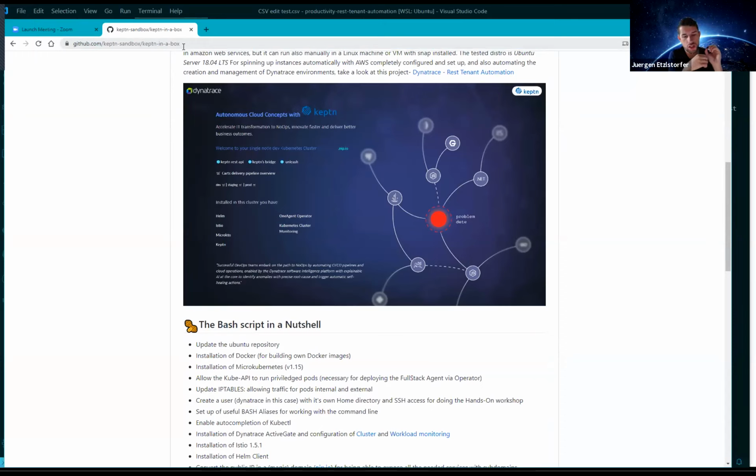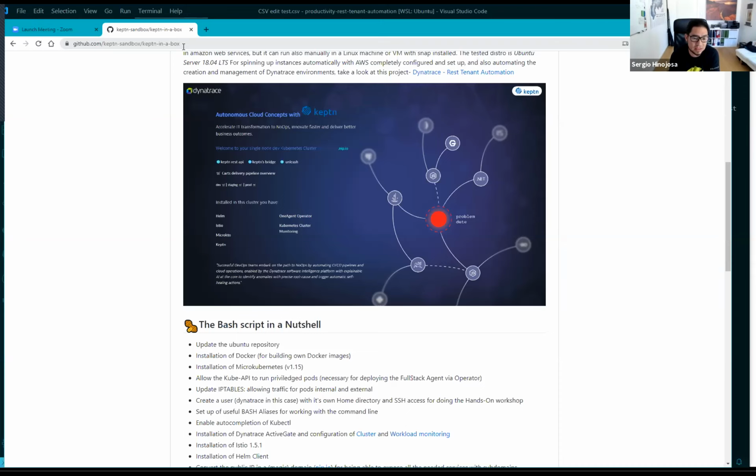One question, because it just came to my mind. Is there any significant difference between MicroK8s and Minikube? There are different options out there, and you decided to go with MicroK8s. Is there any background behind it? For me, MicroK8s is very, very lightweight, right? I have not played a lot with Minikube. There was a problem with Minikube having the full stack agent, some binary problem a long time ago. I haven't tried again, so for me it was just the way to go with MicroK8s,